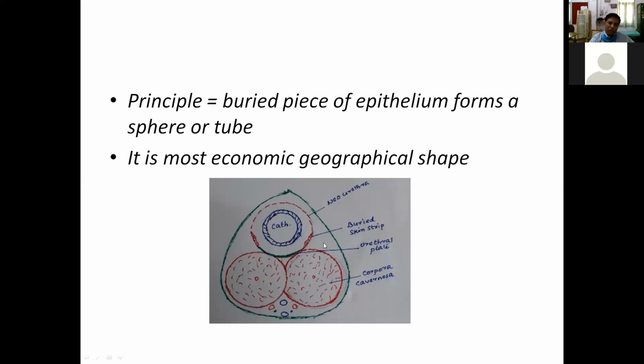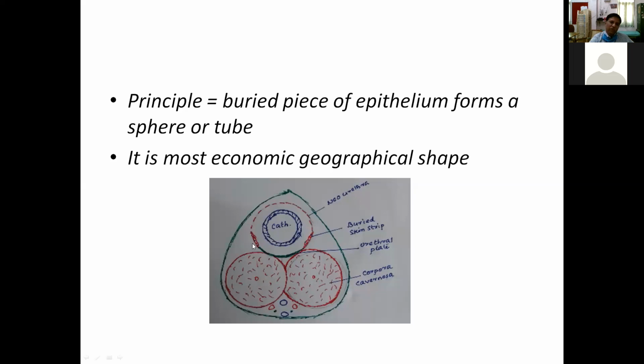when an epithelium gets buried in the tissues of the body, what do we have? We can develop an implantation dermoid. So what is an implantation dermoid? A cyst developed from the buried epithelium. In sequestration dermoid, the burying happens congenitally, not accidentally, but congenitally the epithelium gets buried, and it will develop into a cyst. And accidentally also, if the skin goes inside, it forms a cyst. Cyst is nothing but a rounded tube or rounded structure.